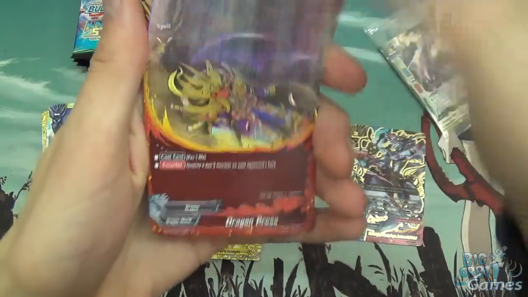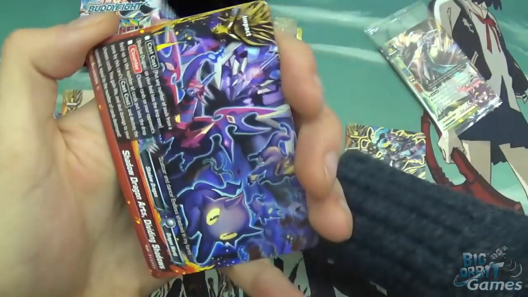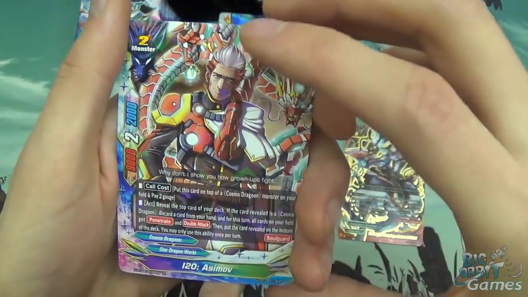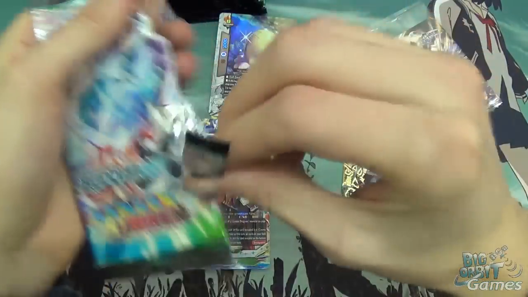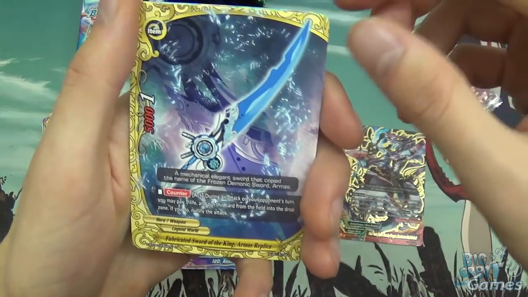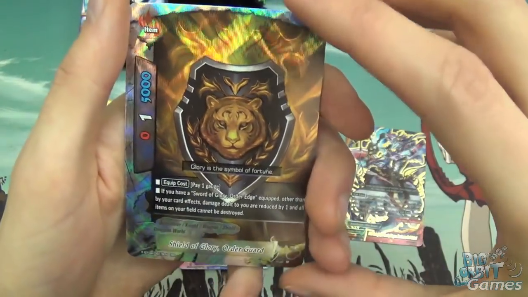Chaos Gamma Radius, Dragon Press, Die Shadow Dragon, Dividing Shadows, and I20 Asimov. Chest Break, Android Sheep, Chaos Balor, Fabricated Sword of the King, Armus Replica, and an R, Shield of Glory, Order